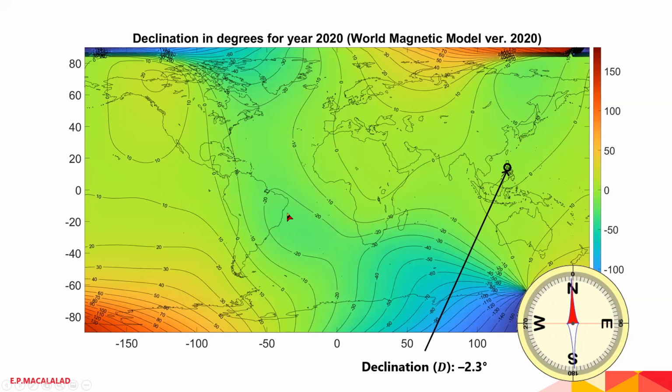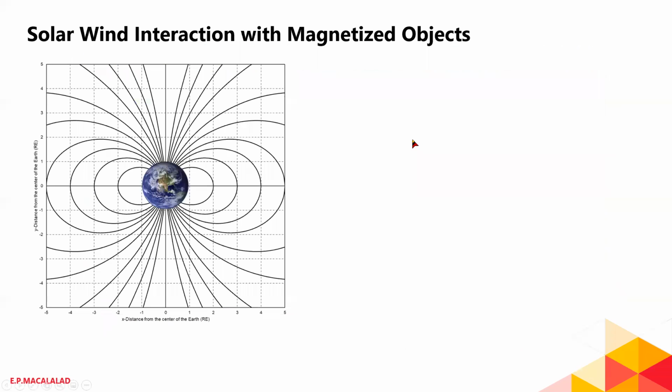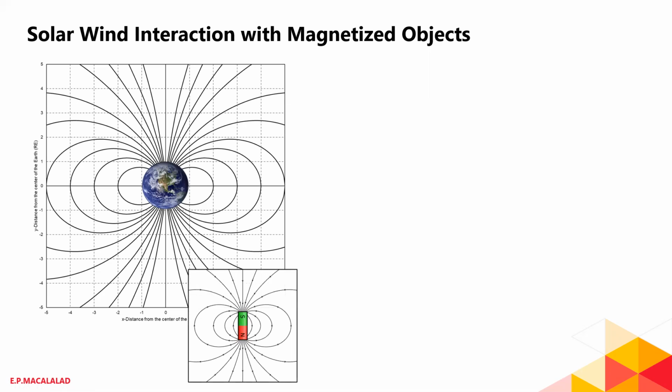Now we have already talked about the intrinsic magnetic field of the Earth. This is actually the one that protects us from the solar wind. Now, what happens if we allow this intrinsic magnetic field to interact with the solar wind? Again, this is another reimagination, or I already graphed this, and as we already know, as a first approximation, the Earth's magnetic field is similar to a bar magnet.